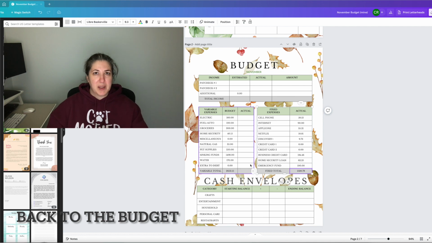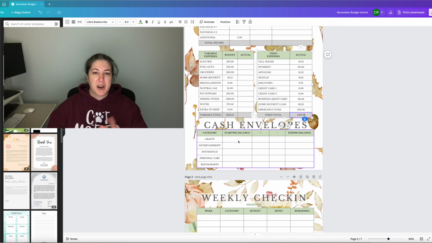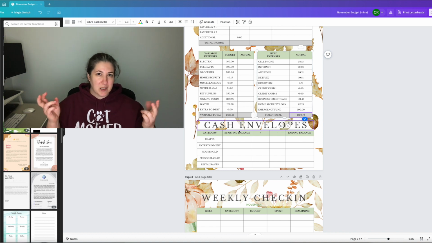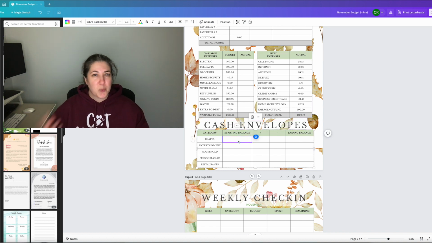Now, one thing I changed from last month to this month on the template is where I place the cash envelopes. I honestly don't use the summary that was down here, so I actually moved the cash envelopes up because that is stuff that I'm budgeting for, and that just works better for my brain. So right now it is the 30th. There's still the rest of today and also tomorrow to budget, so I don't have a starting balance for November yet. But I'm going to go ahead and put in the amounts that I plan to add in this month. Personal care is $75 and restaurants is